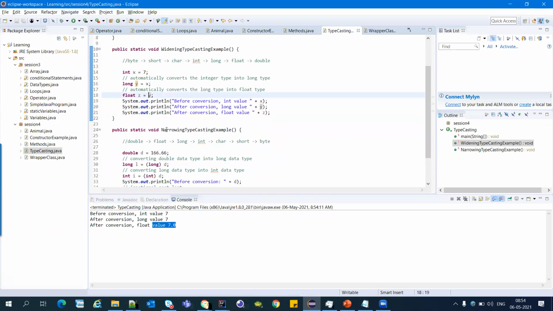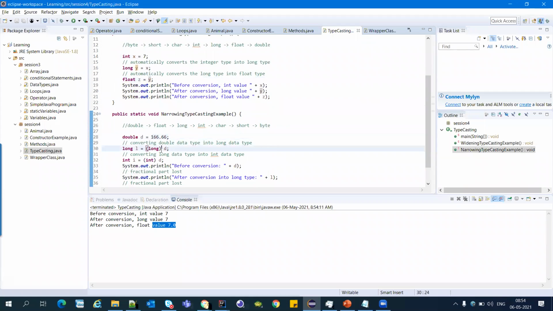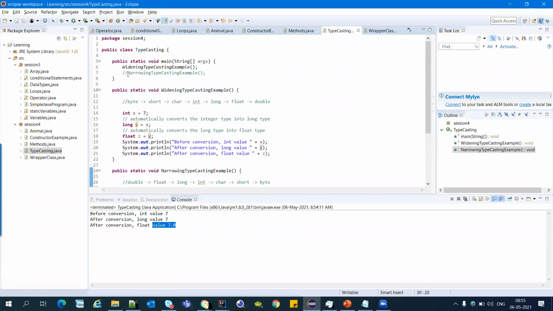But when we are demoting the data type, we have to explicitly write down what we are doing. Also, narrowing.